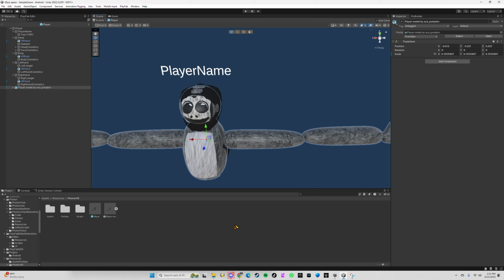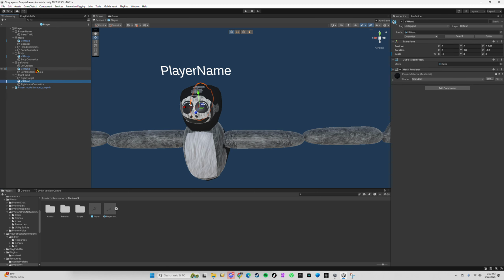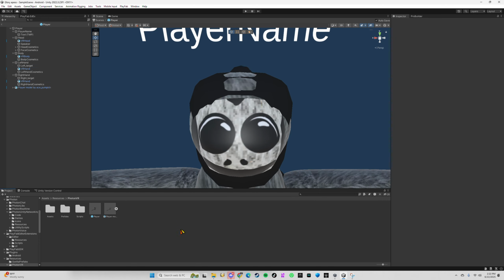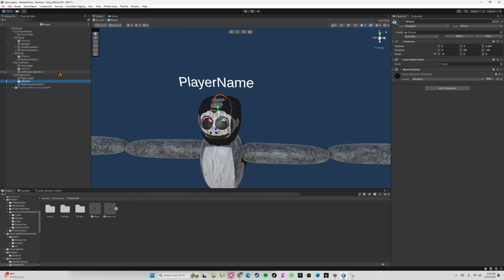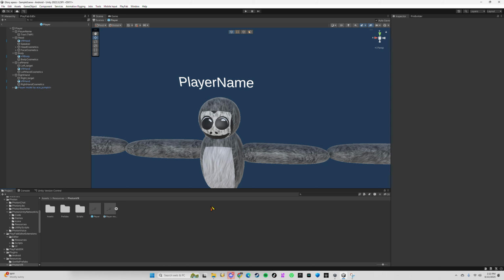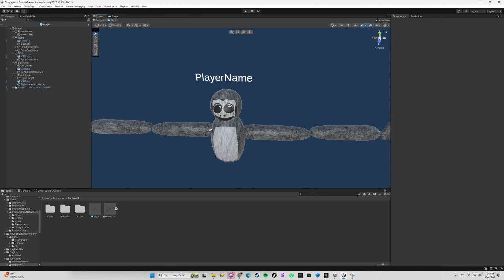Okay, so now that it's like that, it goes to VR hand, then hold control and click the other VR hand. Hold control, click both VR hands, VR body, and the VR head. Then you can turn off mesh render, or you can just click this. I'm turning off mesh render. Now that I've done that,